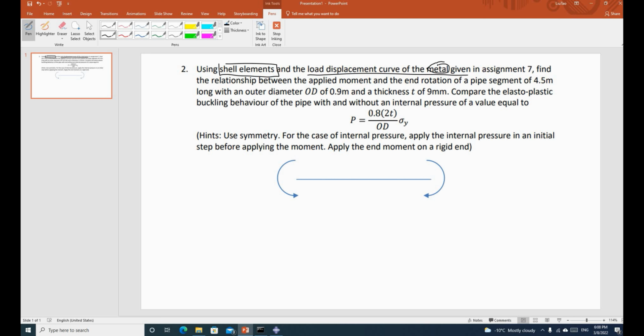So the material input is elastoplastic, and find the relationship between the applied moment and the end rotation. So we are going to apply a moment here, and thus we will have a rotation. We are going to find the relationship between the moment and the rotation. And